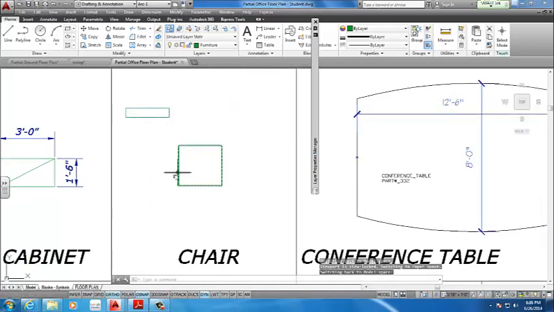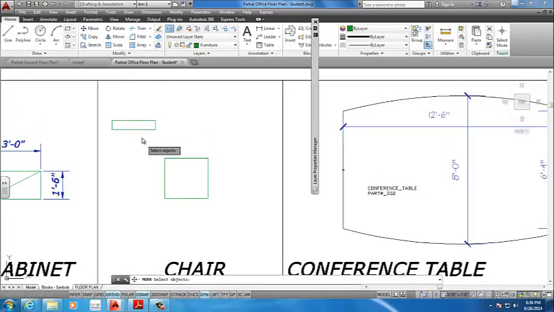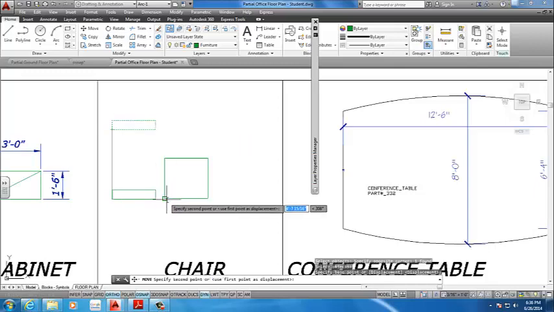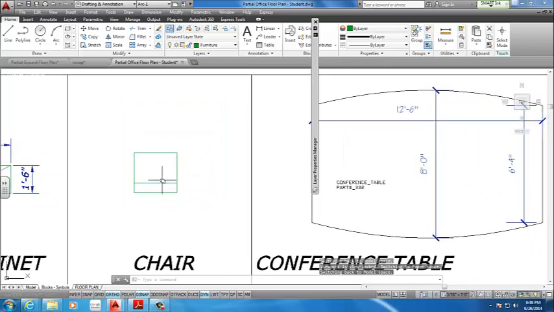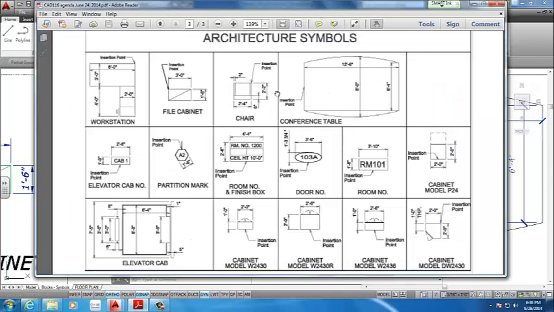Now, if you want to move this object to be exactly in the back of the chair, you need to go to the move command. You're going to select the object you're moving, click space or enter or right click because it's asking you if you want to select any more, and you're going to select the corner here. So you see an endpoint O snap that highlights the square, and you're going to do the same thing at the corner of this bigger box. So it snaps onto it. Even though it's showing a preview that it's out on the left side, it's actually going to snap into that endpoint, creating that backrest. The other rectangles are going to be the armrests, which are 2 by whatever is left,